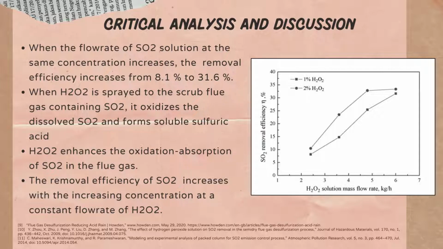In addition, the removal efficiency of sulfur dioxide increases with the increasing hydrogen peroxide concentration. When the concentration of hydrogen peroxide increases, the time taken for the desulfurization process decreases, which will have a direct